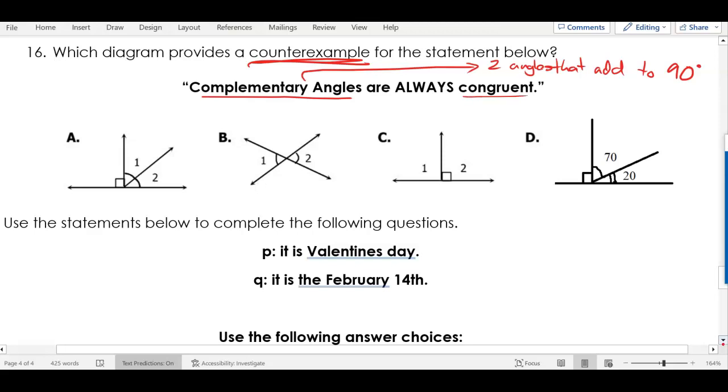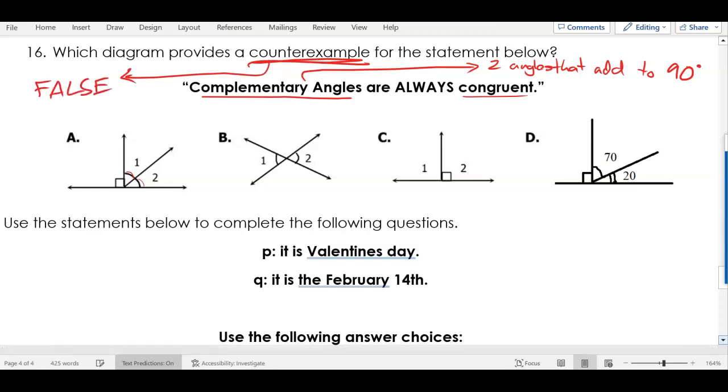Well, on A, angle 1 and 2, they are congruent, and they make 90. True on letter A, so that's not a counterexample. Okay. Remember, a counterexample makes it false. Okay, B, these aren't even complementary, they're vertical. C, angle 1 and angle 2, they're congruent, but guess what? They make a straight line of 180. That's not 90, so